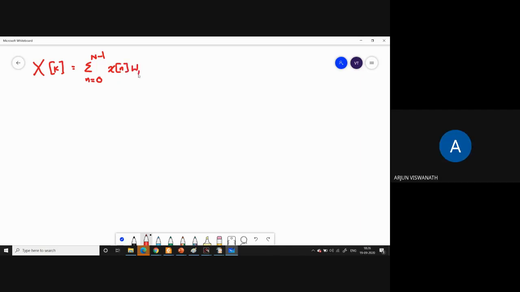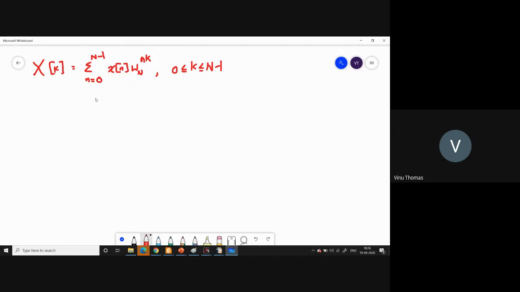Wn raised to nk. What is Wn? E raised to minus j 2 pi by n. Okay, right. So is it complete, or do you have to write anything else? For n varies from 0 to n minus 1, that is already here. K varies from 0 to n minus 1, that is, 0 less than or equal to k less than or equal to n minus 1. Right. So in general,